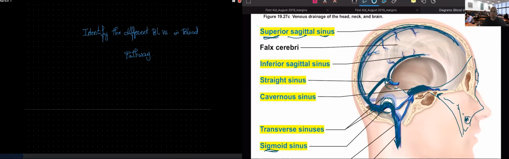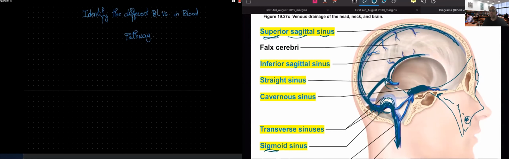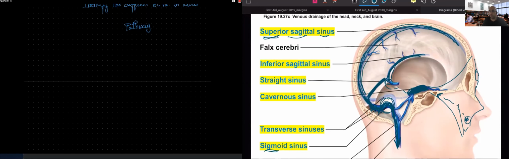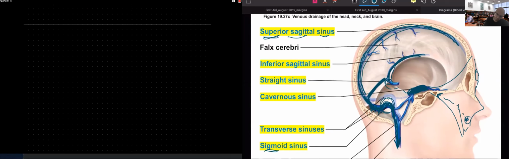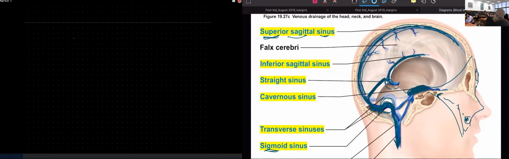For the blood pathway question, you will not be provided with a diagram, you're going to be provided with a list. So for example, if I'm asking you here, one is going to be the hepatic portal vein, and let's say